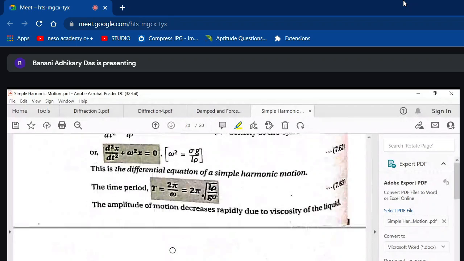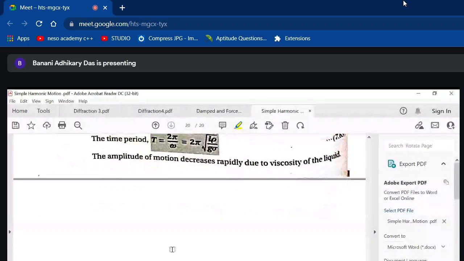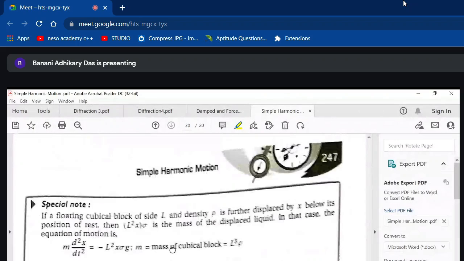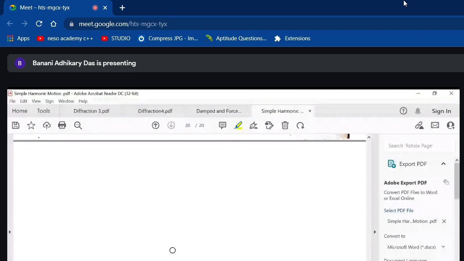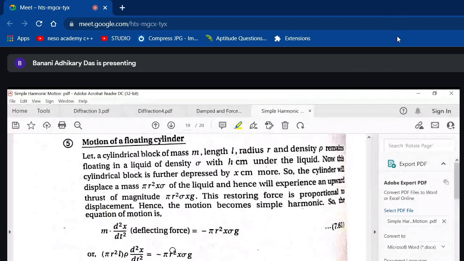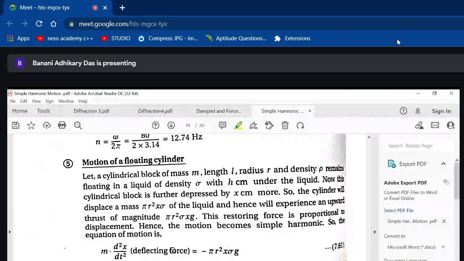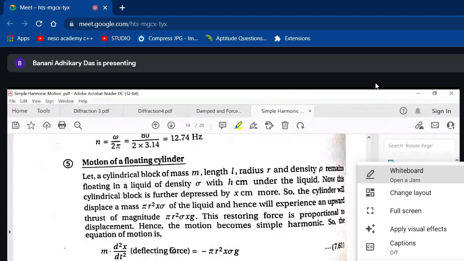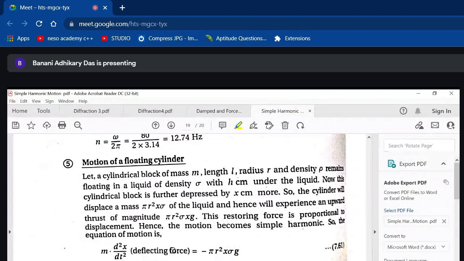And that will end this. I know it is getting a little bit strenuous for you and also for me, but I don't want to keep any loose ends. So we will now discuss the motion of a floating cylinder, so that in the next class, again you have to keep your pen and papers ready, and I will be asking you to do the tutorials on simple harmonic motion, and you have to upload it. Get familiar with how uploading works and things like that, so that you don't have problems.